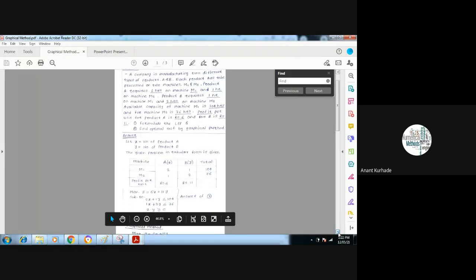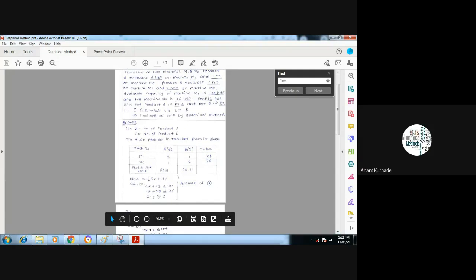So that's why we can start like this. Maximize z is equal to, this is our objective function. You can take a new alphabet, no problem, but always try to write z. So maximize z is equal to 6x plus 11y. Here 6 rupees is the profit per unit of A type product, and 11 is the profit per unit of B type product. We have defined x as the total number of product A, so the total profit is z is equal to 6x plus 11y.